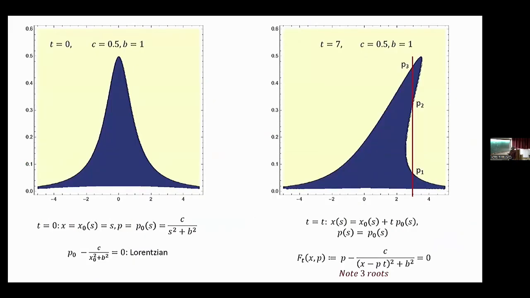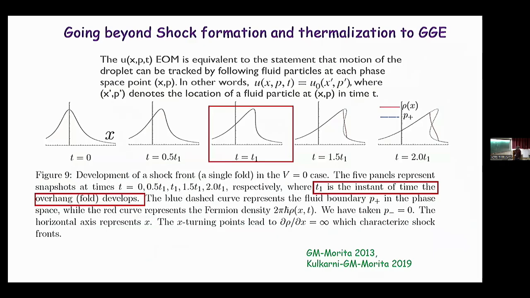The point of the phase-space hydrodynamics, why it is more suitable for describing time evolution, is that when folds appear, and this corresponds to a shock actually in terms of the original phase-space distribution, but because the fold is smooth and it just corresponds to tracking each particle by its own Hamiltonian equation, you can just go ahead and go beyond shock formation, and you can go to asymptotic times to show thermalization to